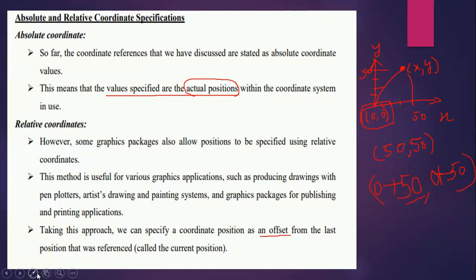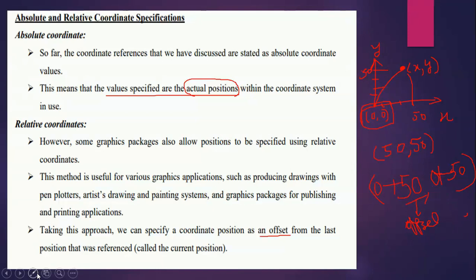So taking this approach, we specify the coordinate position as an offset from the last position that was referenced. So we have an offset value here. This is another way of representing, the relative coordinates.